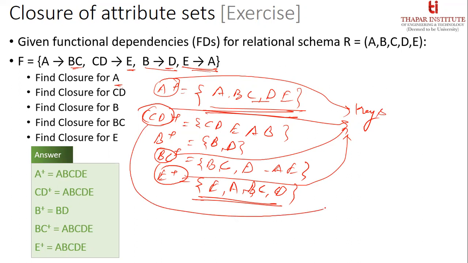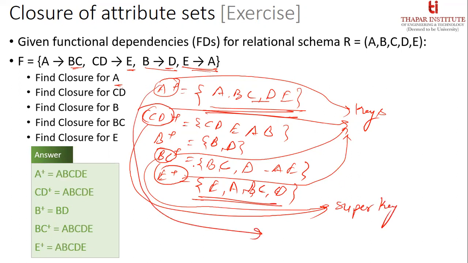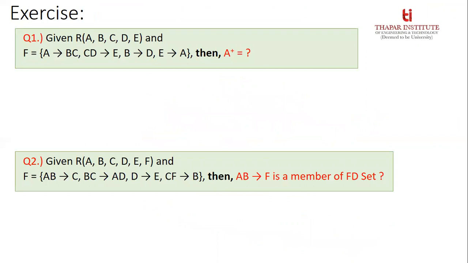but इसमें ये and ये these are the super keys and A and E are the candidate keys. Is it okay? ठीक है ना, ये कैंडिडेट की होती है, तो आगे जाके क्वेश्चंस आएंगे कि आपको कैंडिडेट की आइडेंटिफाई करना है,